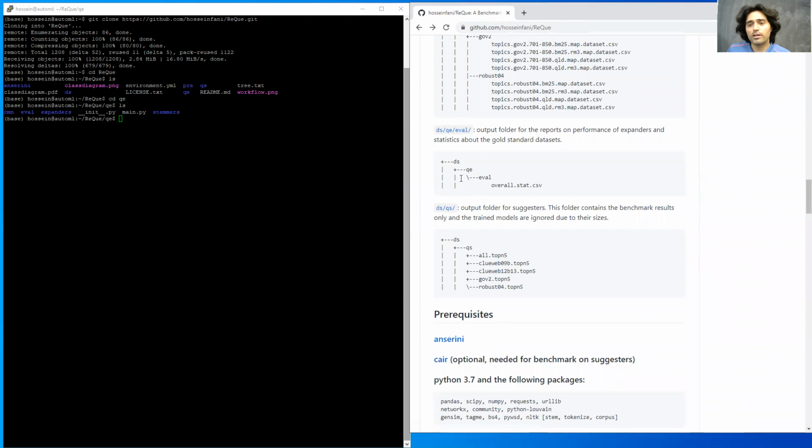There are two other subfolders in the DS, which are related to the query suggestion output. As I said, the result of the benchmark using the supervised query refinement methods on our own produced data sets. And also the eval subdirectory, which is about the